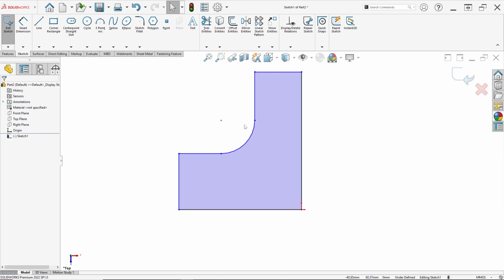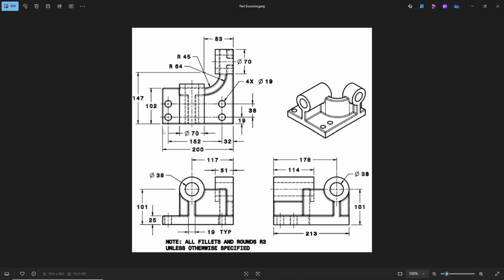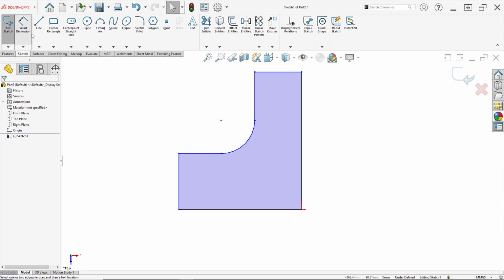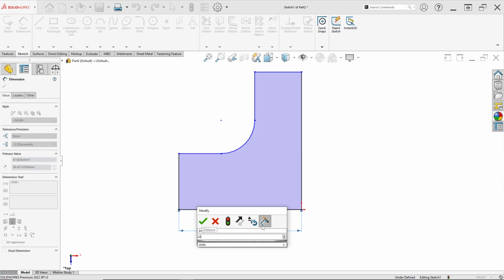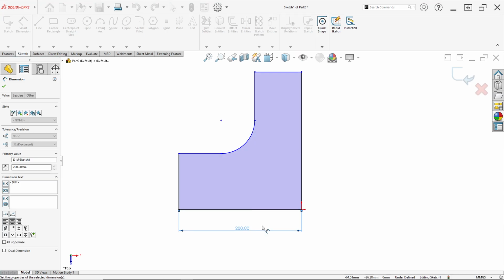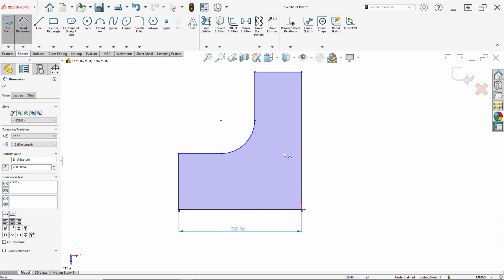Now we set the dimension from this point to this point at 200 millimeter. So click smart dimension and set 200 millimeter here.